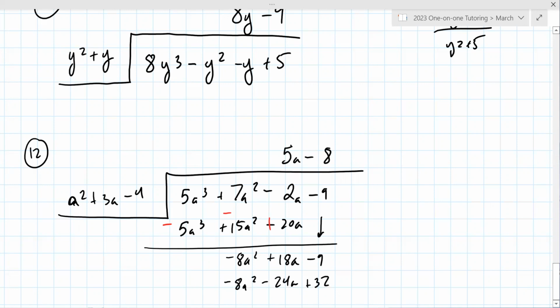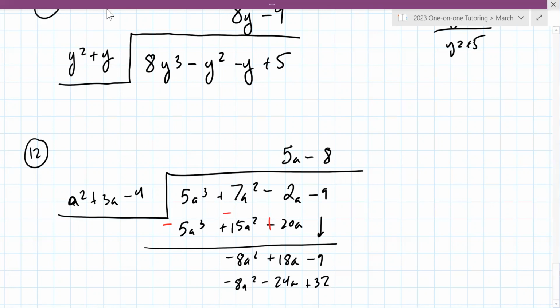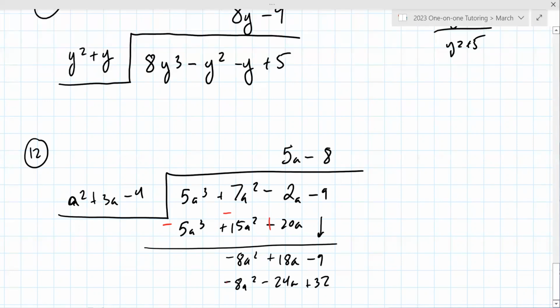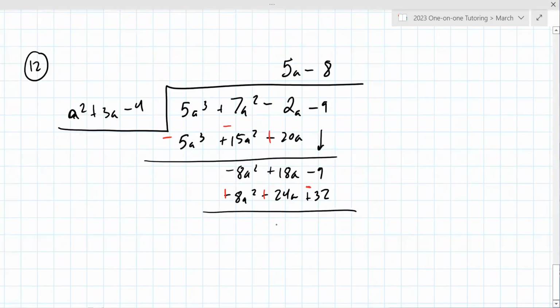Mm-hmm. Change the signs. Got to change them all. So positive, positive, negative. First one's always 0. Second one is 42a minus 41. Oh my God. Wait. That changes everything. Yeah. I mean, you're done. You're down here, but the thing